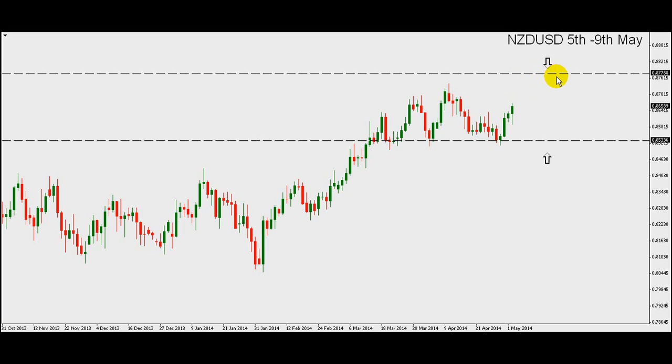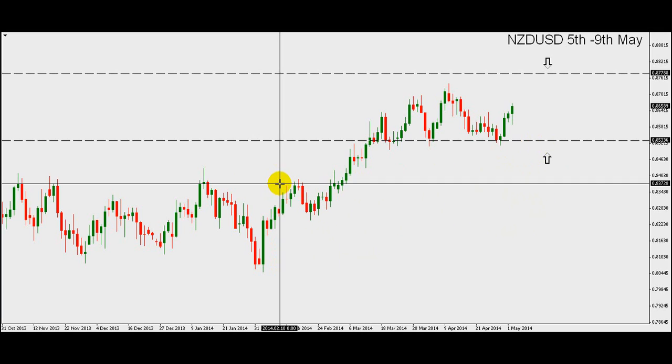Given the correct price action candles, then we would look to sell at this level and only go long on a break and a confirmed break of that level. Other than that, if it drops back down to 85.33, then it's going to be another buy out of there at the support level, unless of course it breaks straight through and doesn't give us a signal, in which case we'll be looking for longs from a different level, perhaps down here at